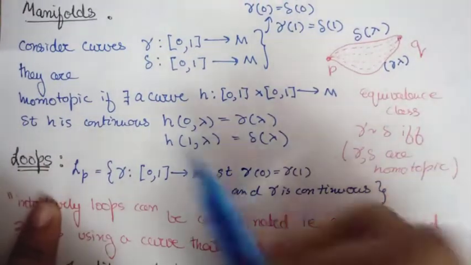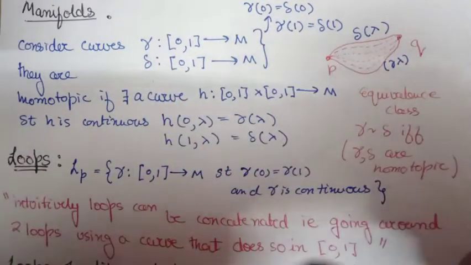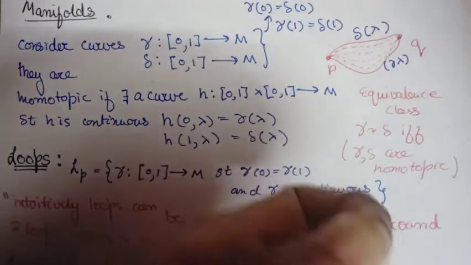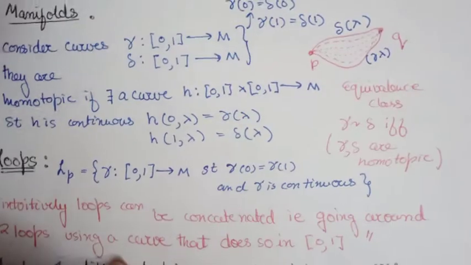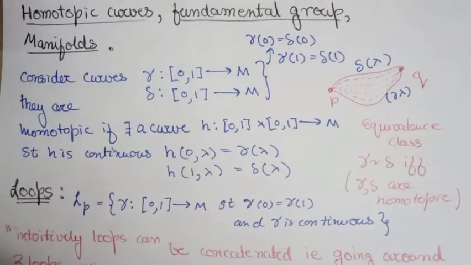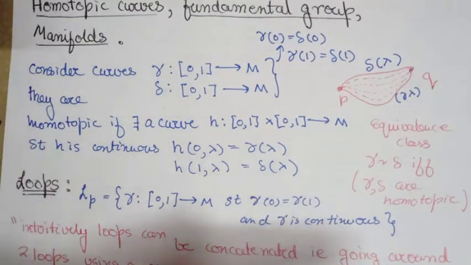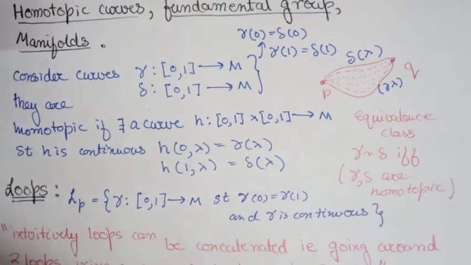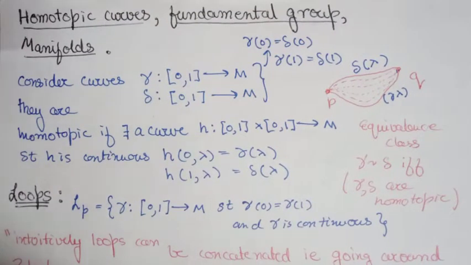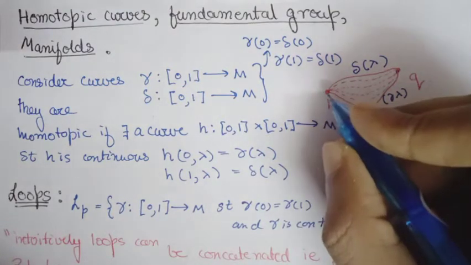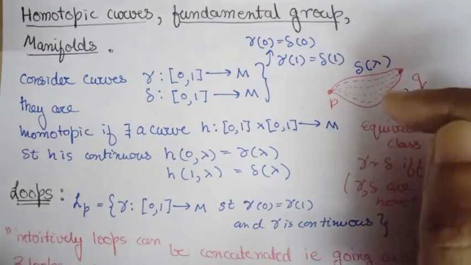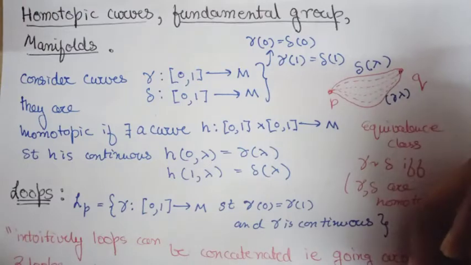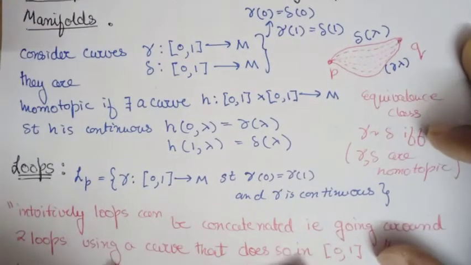Now these curves are called homotopic if they can, intuitively speaking, be continuously deformed into one another. And the moment this definition comes up, if you have seen Lagrangian mechanics or the action principle, where the action takes the minima and you get the Euler-Lagrange equation, the exact deformation along the path of least action is this homotopic deformation that we talk about.